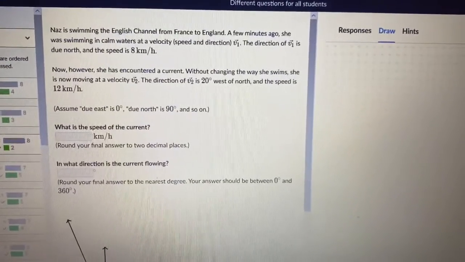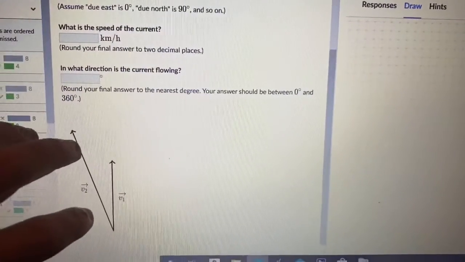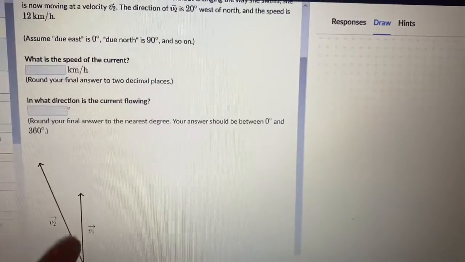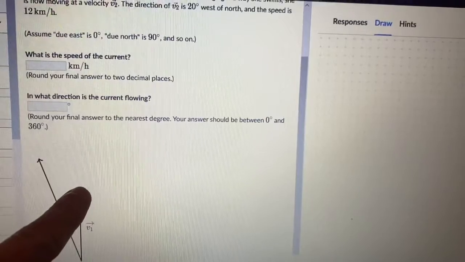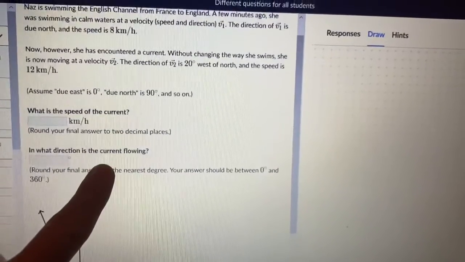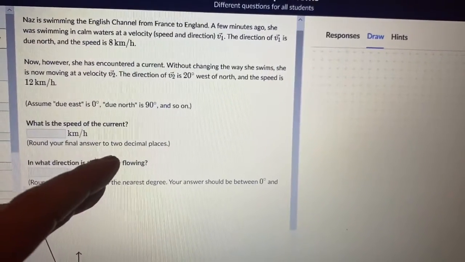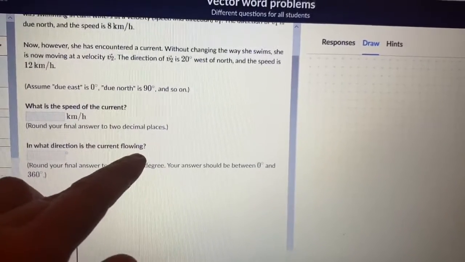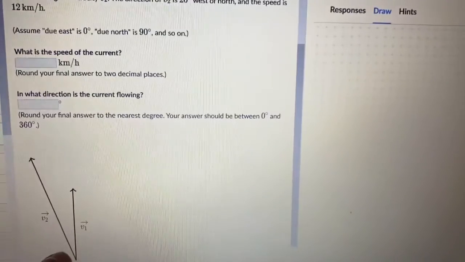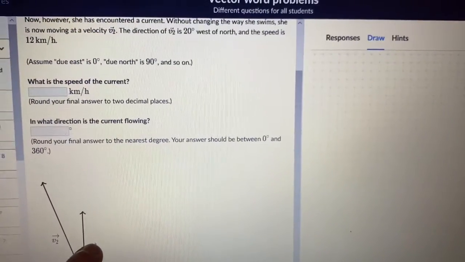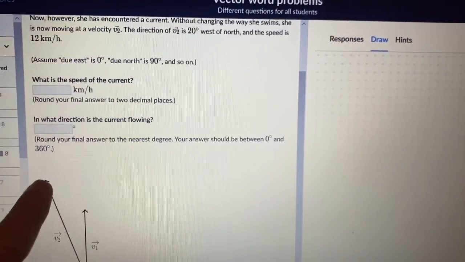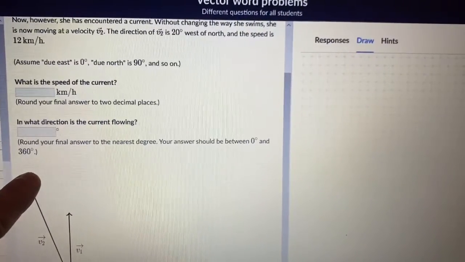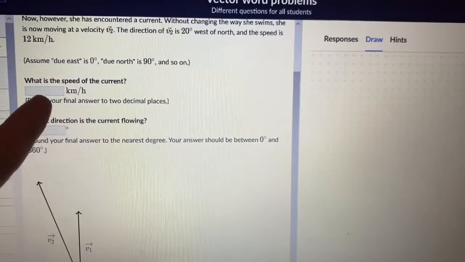Looking at these word problems, don't underestimate having your diagram there. That can help out a whole bunch, because we know from this she's swimming due north. So we know the coordinate up here will be 0, 8. Then it says this current takes over, and she's now moving at this new velocity that's 20 degrees over, and the speed is 12. So basically we're looking for what this vector right here is as far as magnitude, speed,